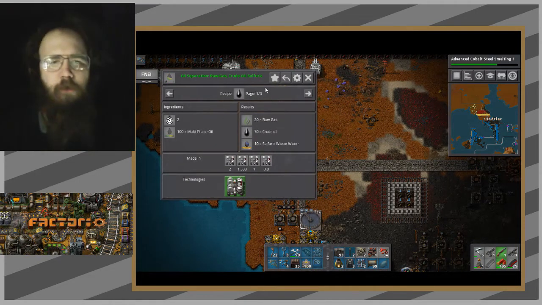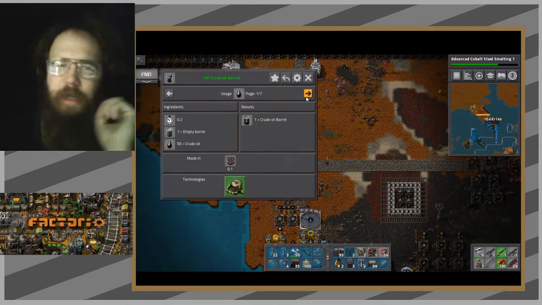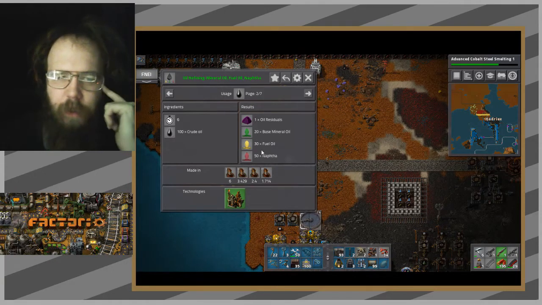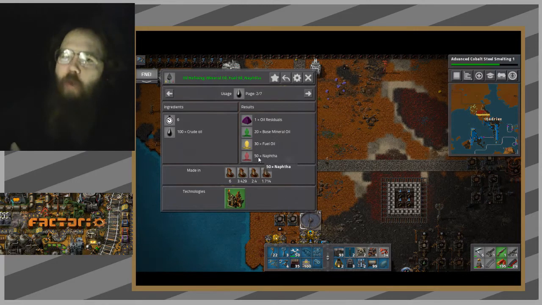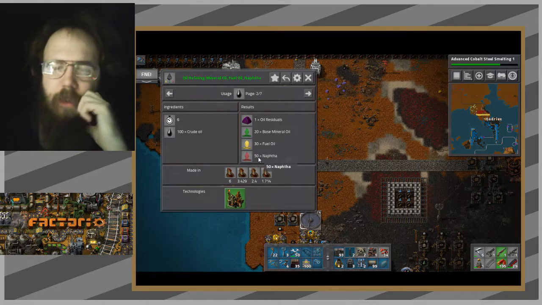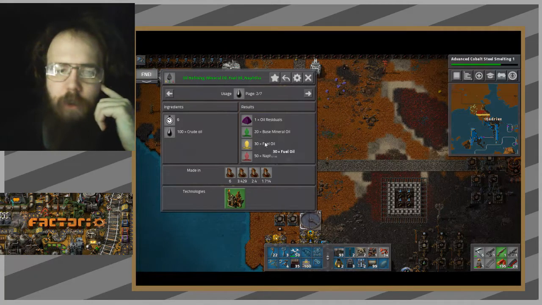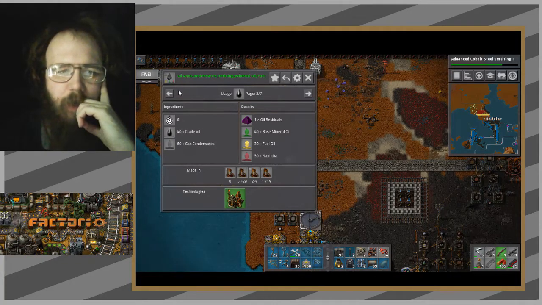Oh, I'm sorry. No, not... I meant usage. Okay. Yeah, here's the one we're doing right now, right? It's pretty straightforward. It gives me lots of naphtha, which is, I think, the one I want the most. I think this is the most important. But fuel oil has a lot of uses, especially in weaponry, so I want to be careful not to burn that up necessarily either. And anyway,